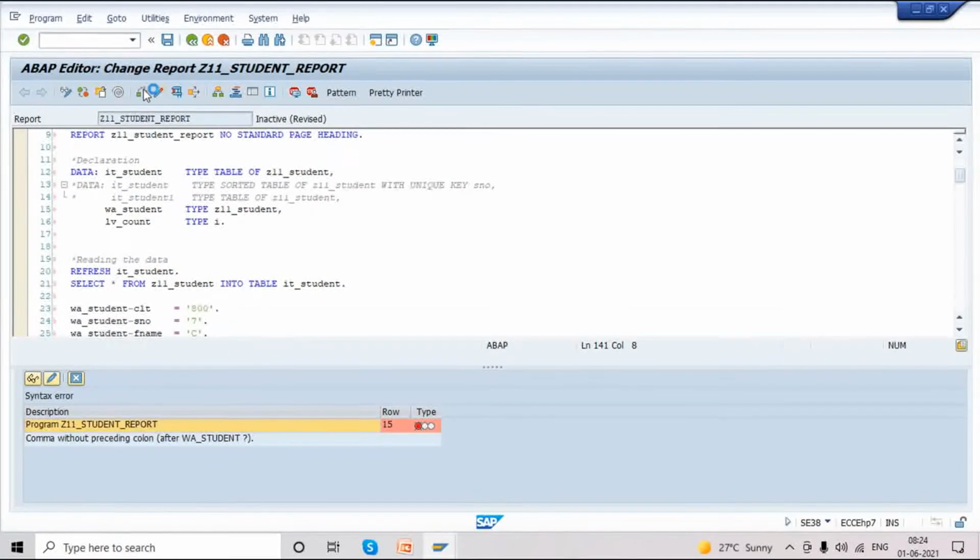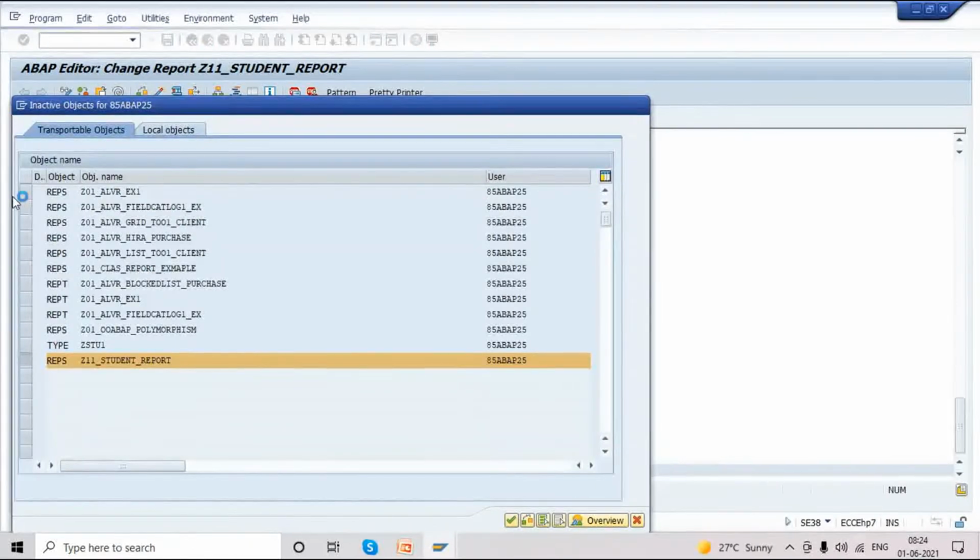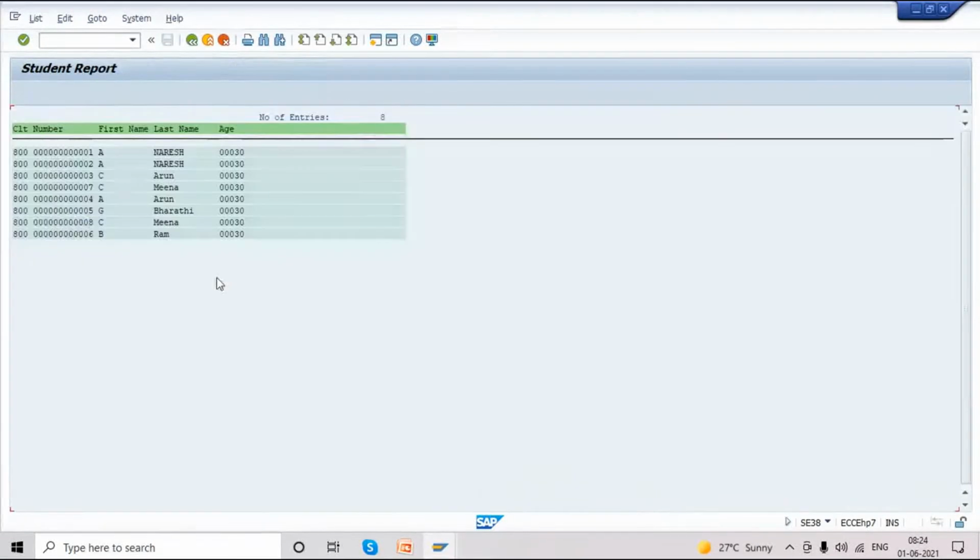Click on save, check, activate, execute. So what is the order now here? 1, 2, 3, 7, before 4 we are displaying 7, 4, 5, 8, 6. This is a normal standard table, but we are using append. Append will always happen at the bottom of the table, so if you use the same sequence, it will also append in the same sequence.